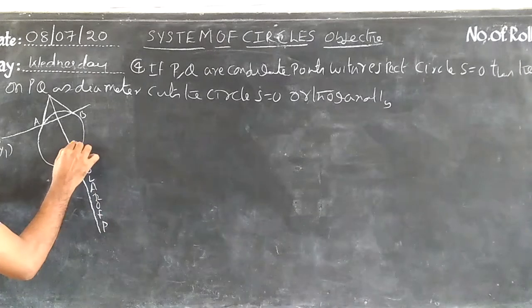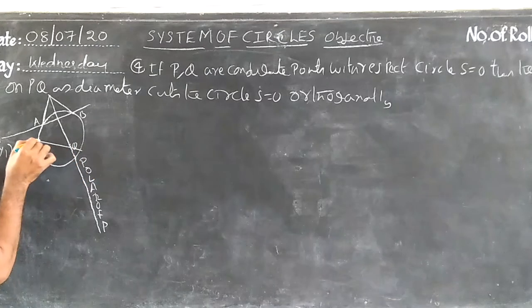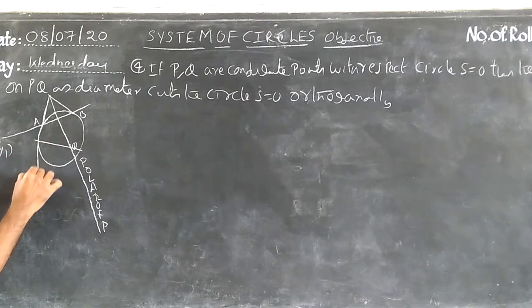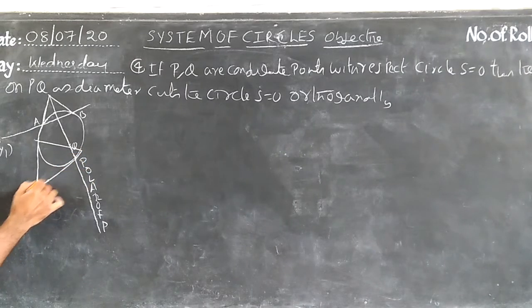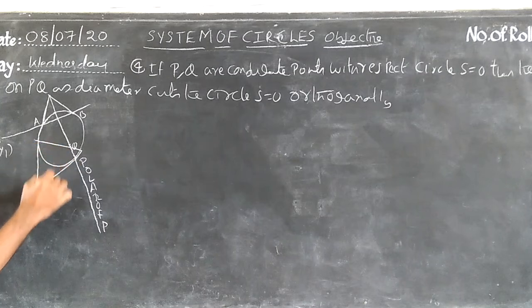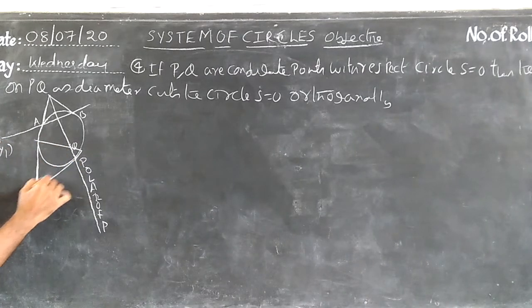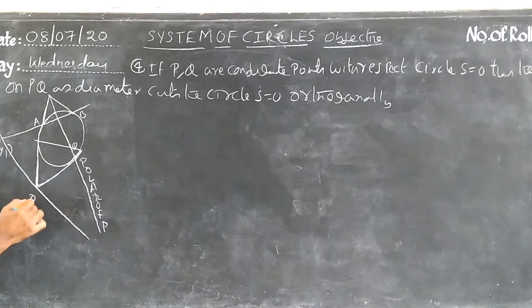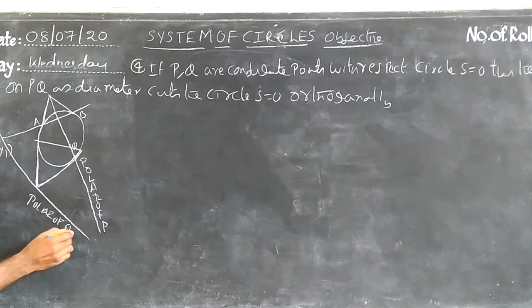Next, take a point Q here. Wherever you have taken a point, then join the secant line, which should intersect the circle in two distinct points. The tangents drawn at the extremities of the chord of that secant, the locus of the points of intersection of tangents, is called the polar. So this is the point of intersection of tangents. Draw like this. This is the polar of Q.